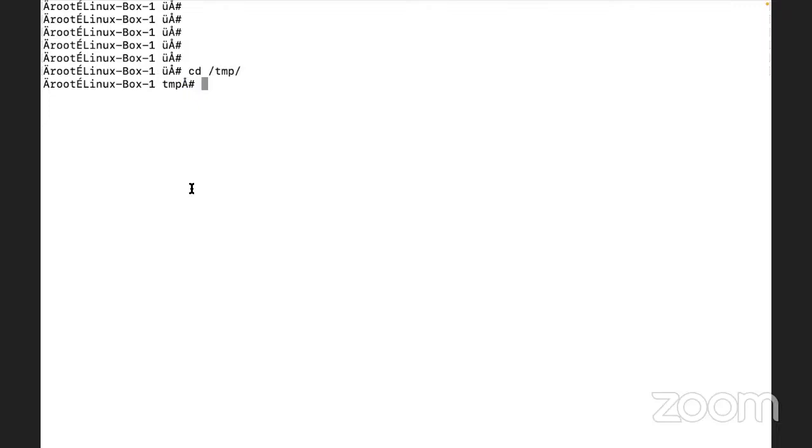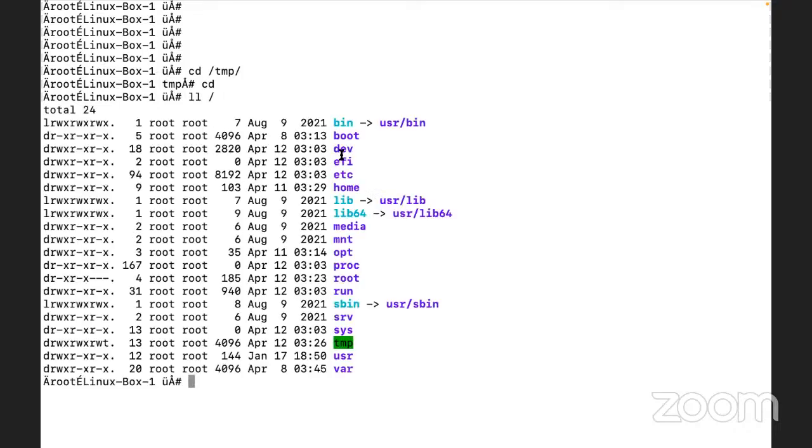So leave that aside. I'll fix it later on. Don't worry. Okay, so when we are talking about /dev, it is clear that all the devices and their information are available inside /dev.